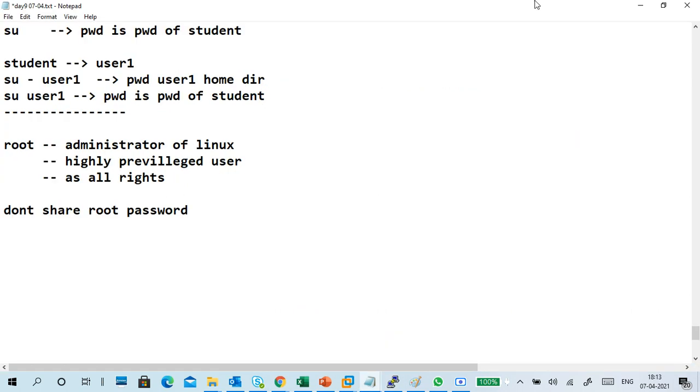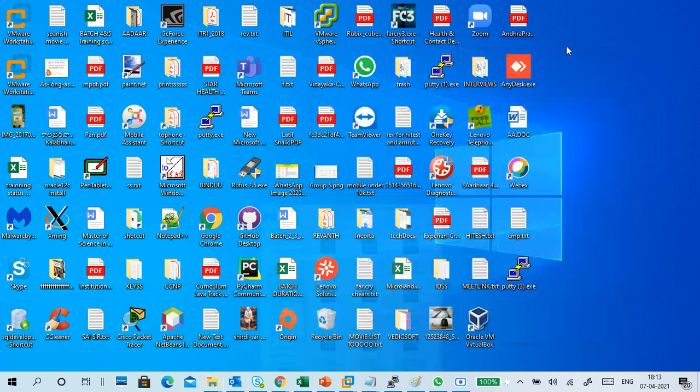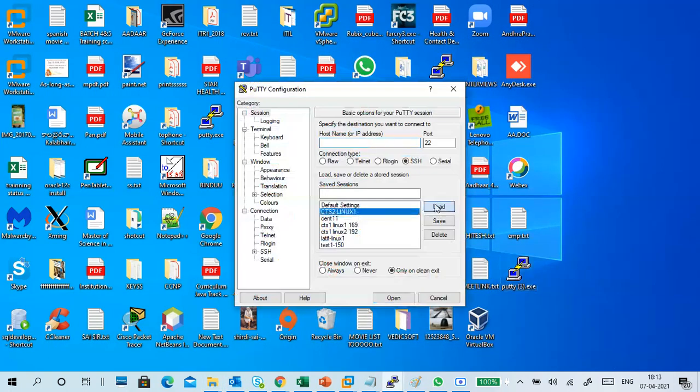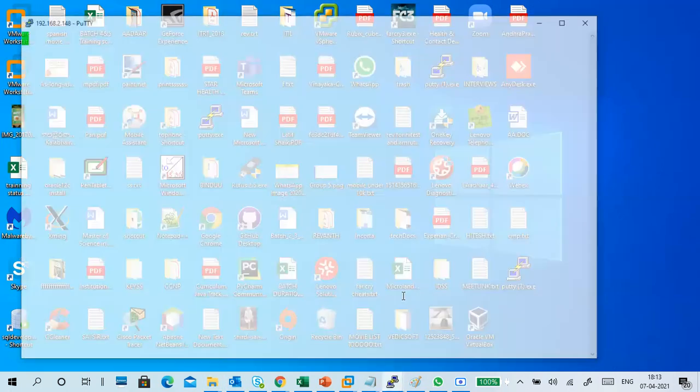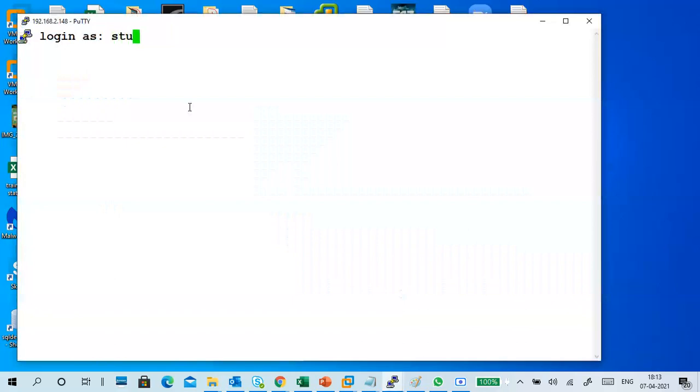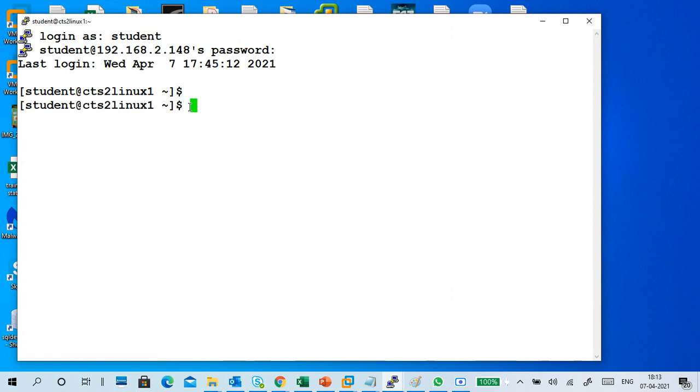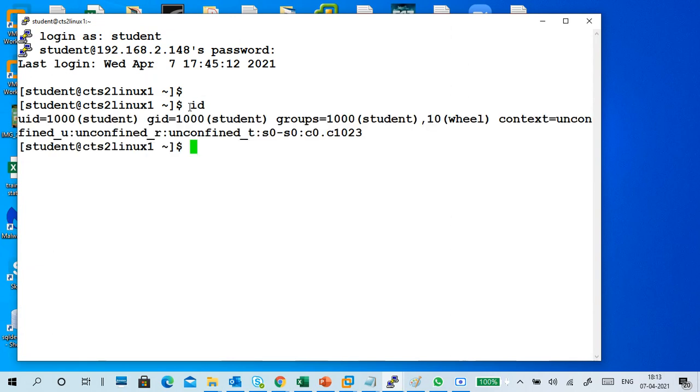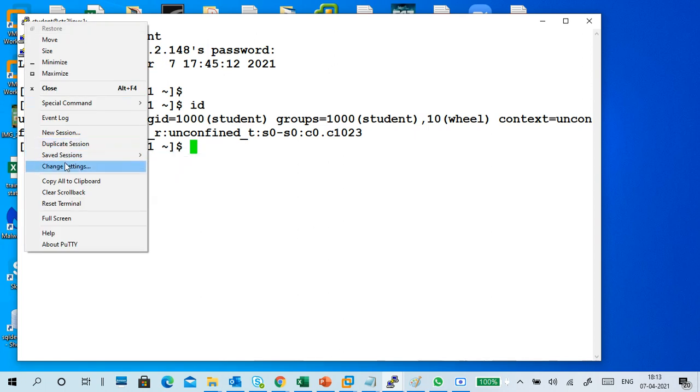Exit means my student session is closed. Again I have to go to PuTTY and log in as student, a new login. The password is student, and then id. Now the wheel group has come.